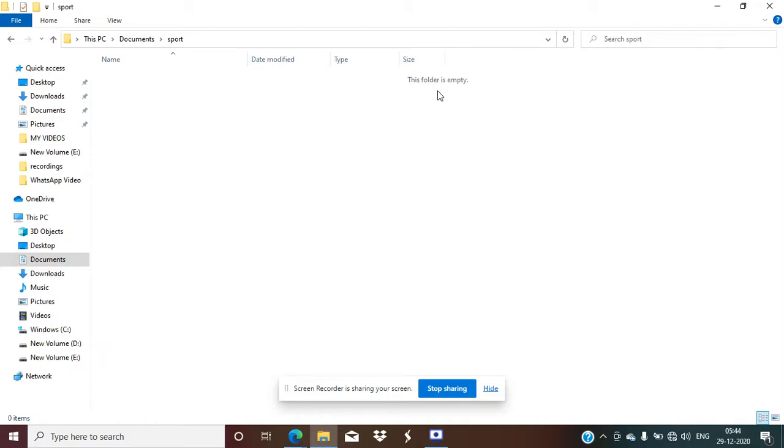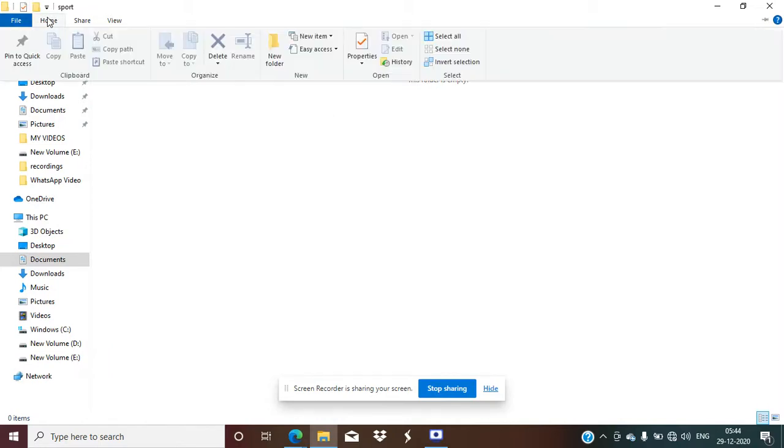In this folder we are going to make more files and more folders, subfolders. As we have studied, a folder within a folder is called a subfolder. So the subfolder can also have more and different files within it. I will click here on the Home tab.